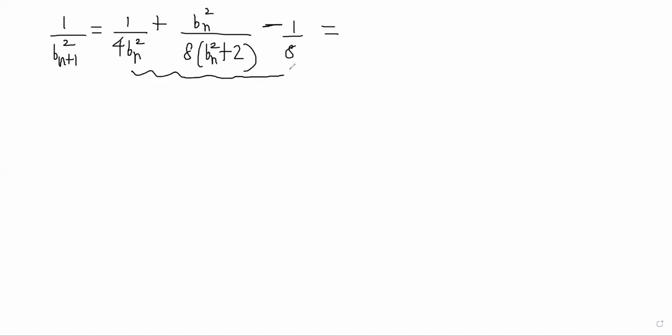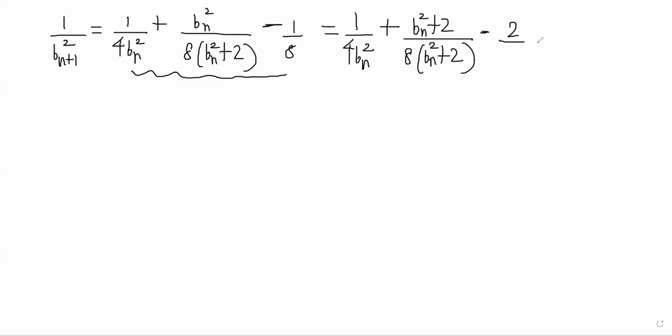Only working on this side, this becomes 1 by 4 bn square plus bn square plus 2 by 8 bn square plus 2 minus 2 by 8 bn square plus 2 minus 1 by 8. This becomes 1 by 8 and cancels this term. So we have this is equal to